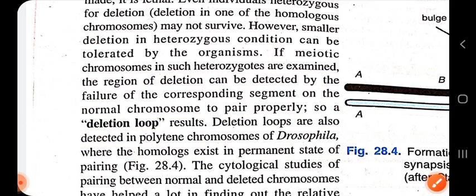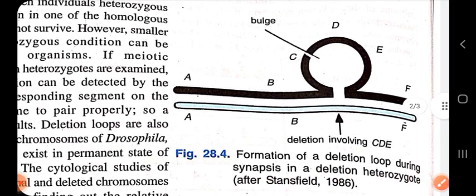So this type of event can be observed cytologically if you want to study the deletion part cytologically. Now, deletion of some chromosomal regions can produce their unique phenotype. Okay, now there are small size deletions as well.